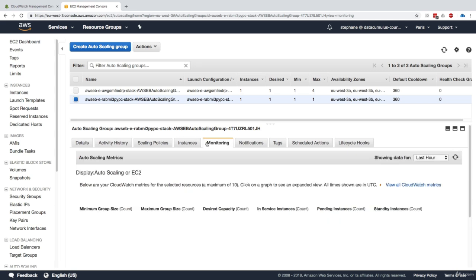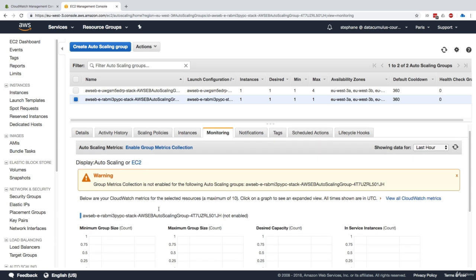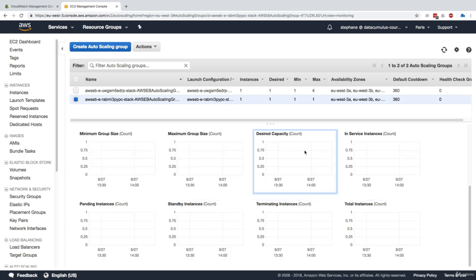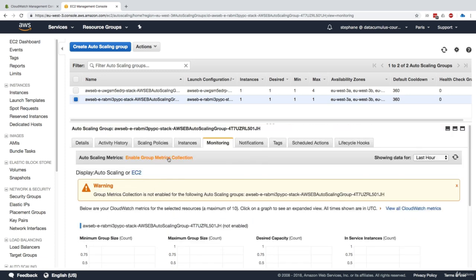And if we go to monitoring, we can see that we can enable group metric collection. So it's possible to enable group metric collection for that whole auto scaling group, because by default, the group metric collection is not enabled. And so you would have to click on it to get all these CloudWatch metrics populated.